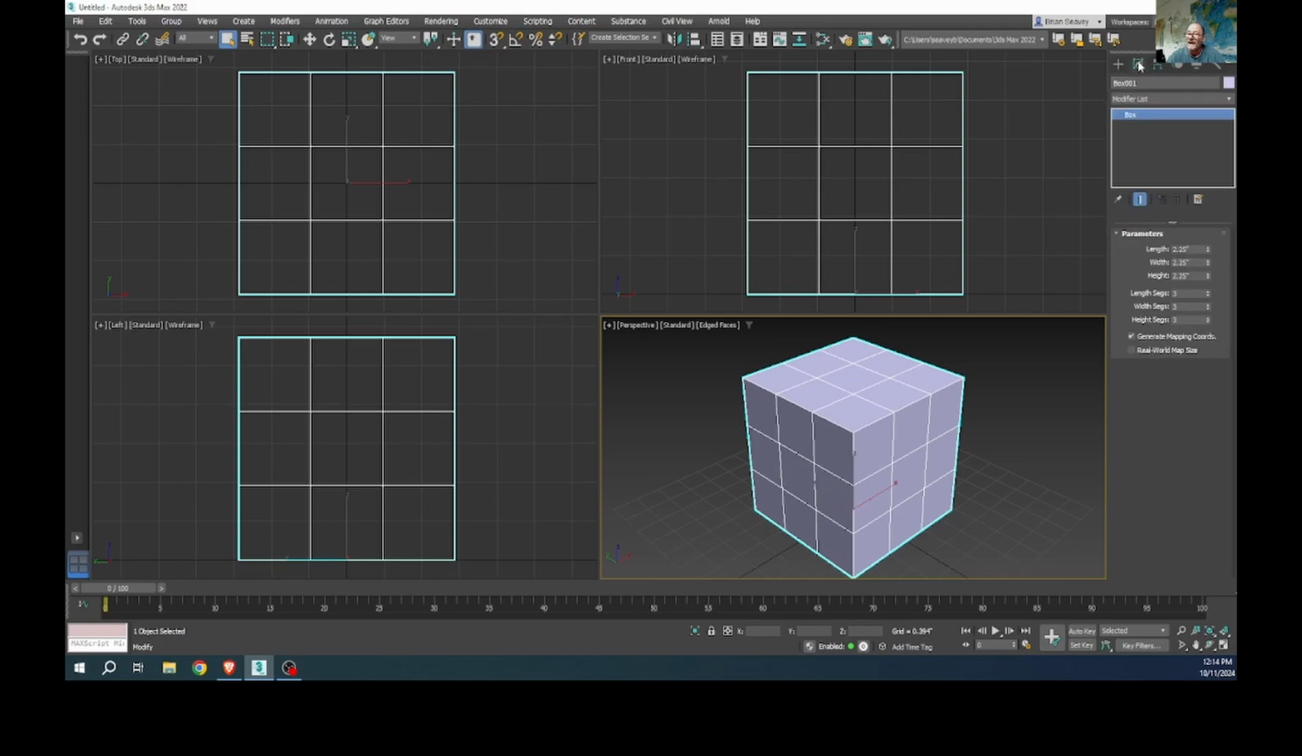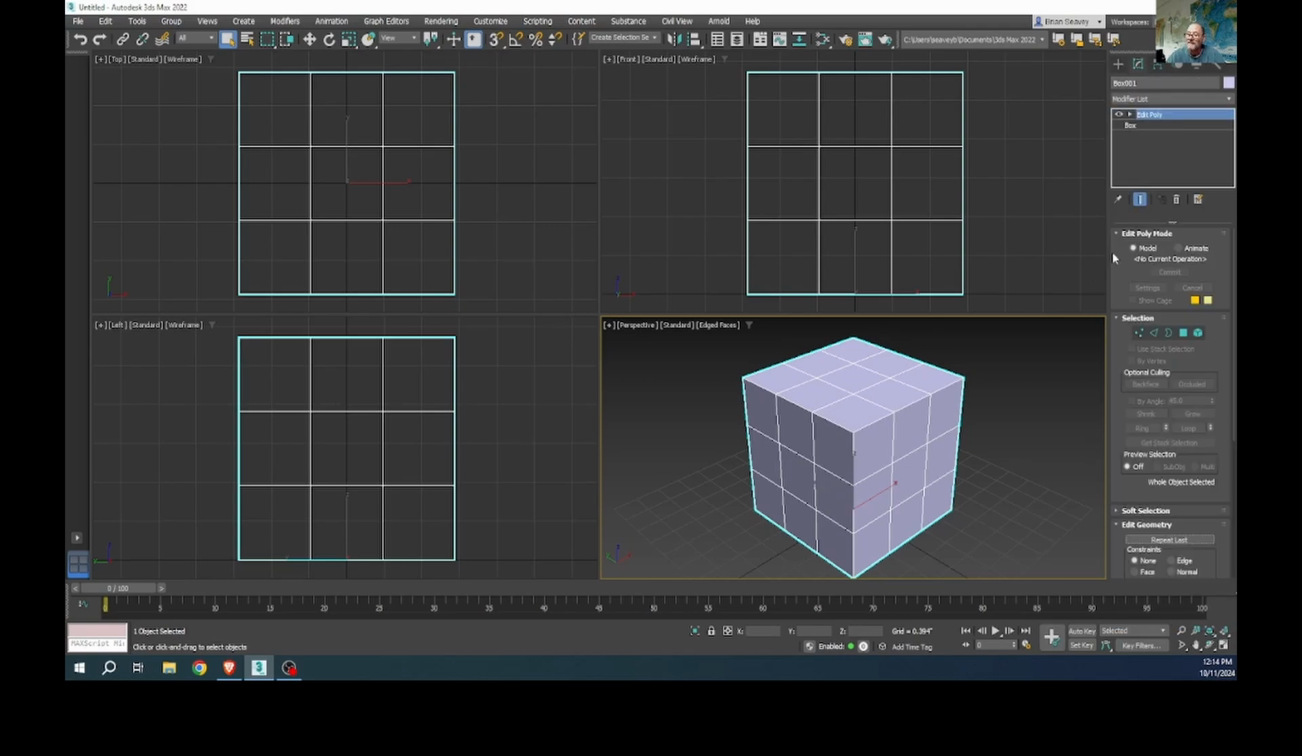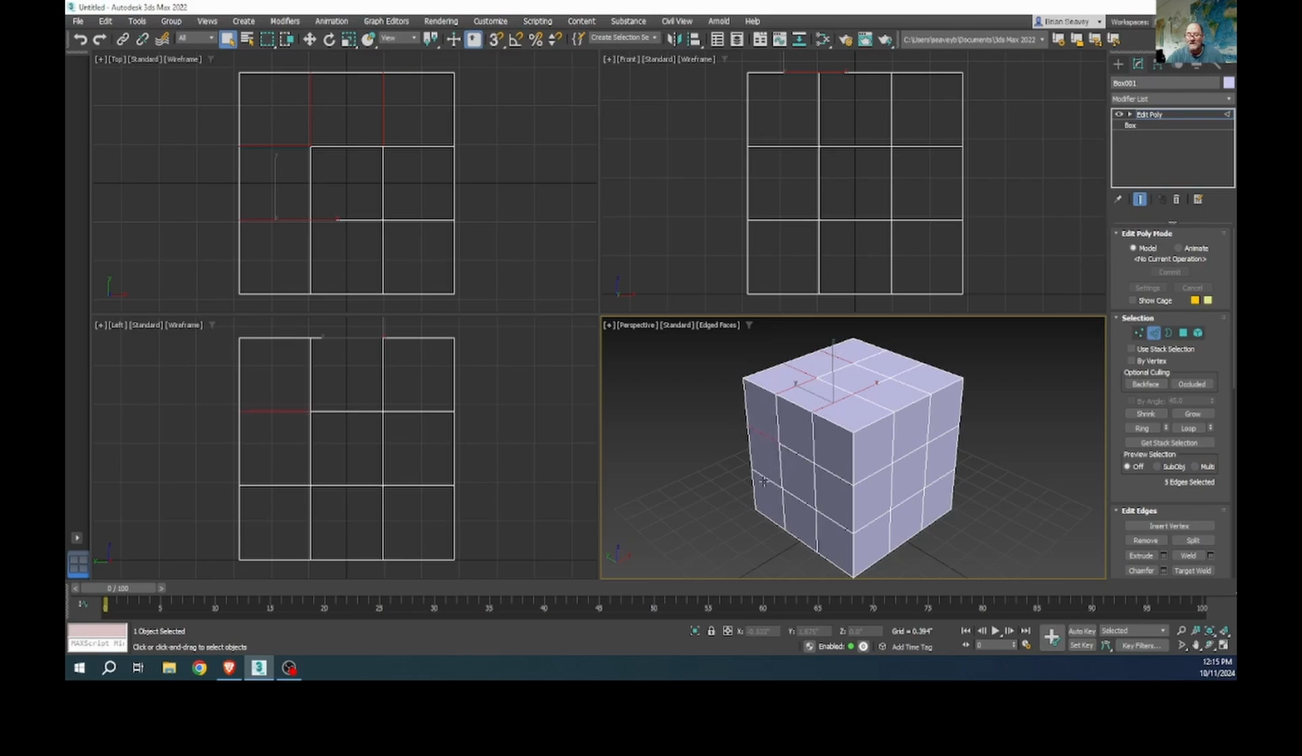Okay, I want to add an edit poly modifier. I can get to the actual edges, so I can select the edges. So the first thing I want to do is indent those inside edges, the interior edges. I want to leave the outside edges, if you will, on the corners alone for now. So if I select all the edges